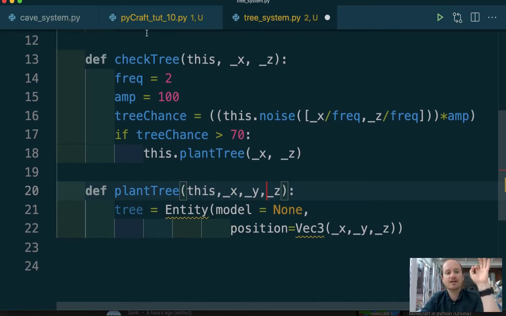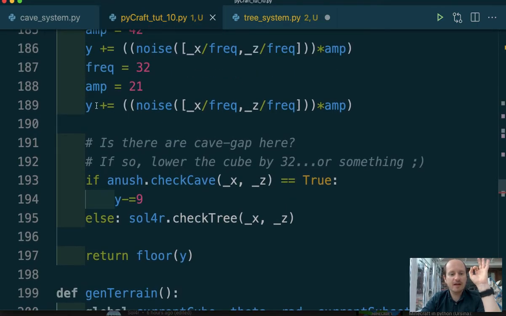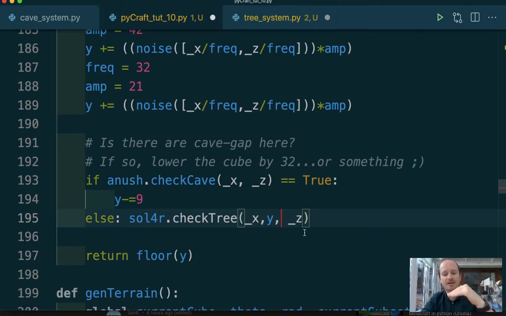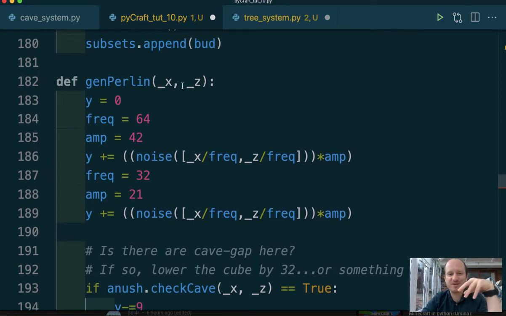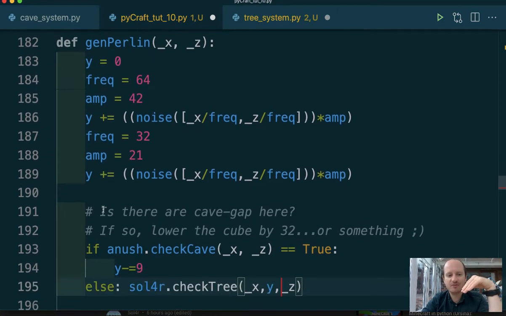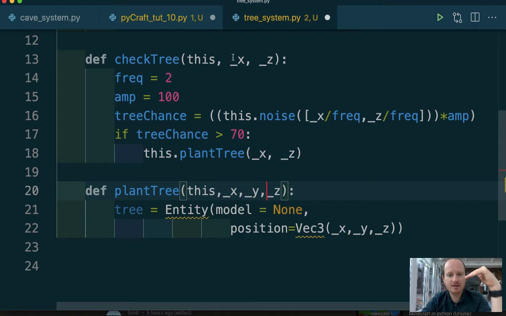We need to pass in the height of the terrain, so we need to pass in y. It isn't underscore y, it's just y. I've used it between x and z, so we go x, y, z, so it doesn't confuse us. It doesn't have an underscore because it isn't one of these parameter things, it's created as a local variable there. So we're going to pass that in to check tree, and then check tree needs,